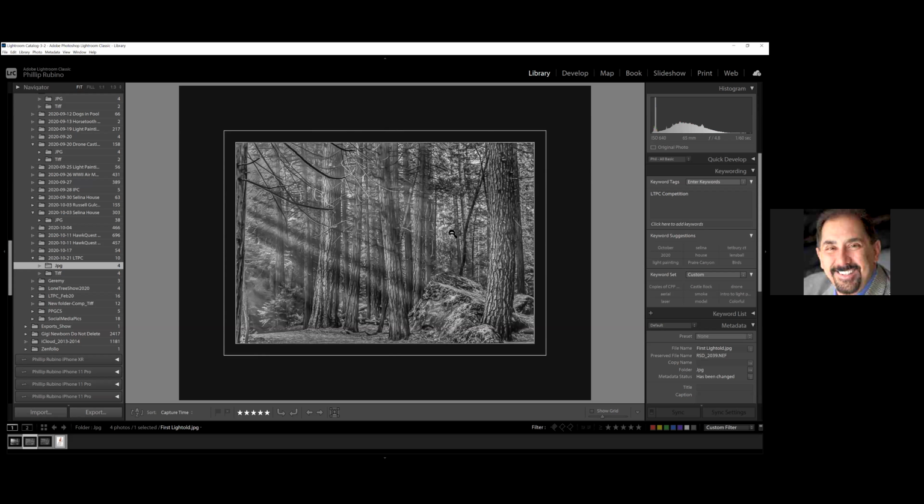I went through a couple of ideas, and I cropped it a little bit. One of my first ideas was, oh, I'm just going to clone out all those branches on top. And that lasted about one minute. I said, that's going to be impossible. So I just moved it in a little from the left, and I came up from the bottom to get rid of some of that dirt that was down there.